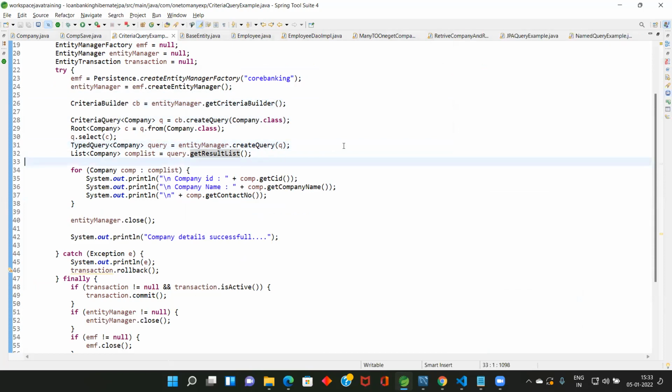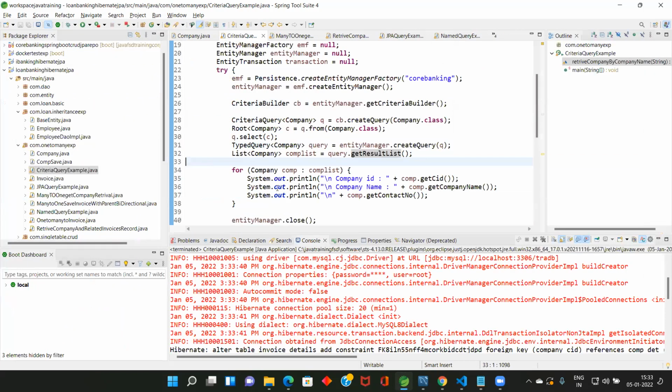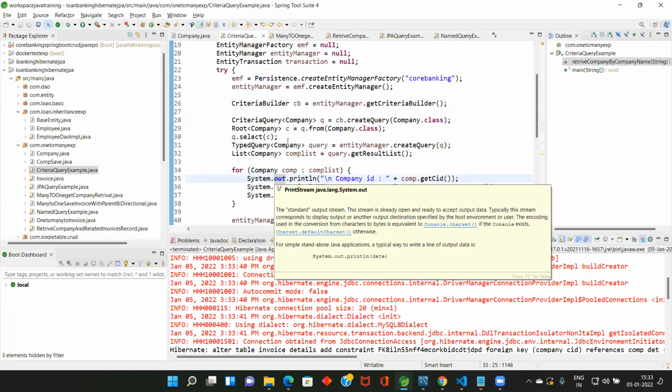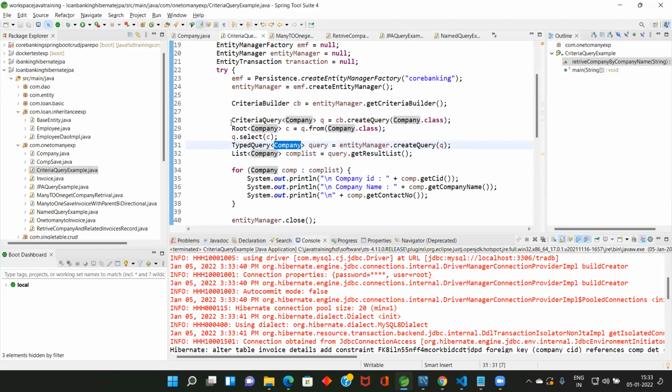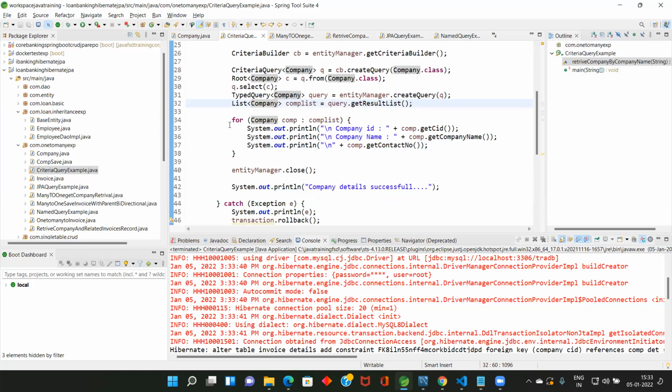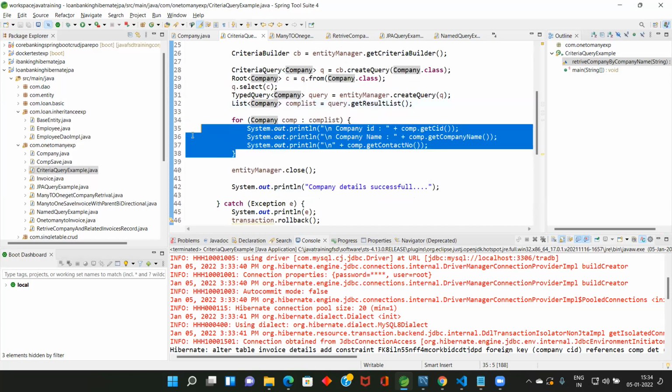What is a criteria query? Criteria is very, very important. You are going to learn criteria. Before that, you should have knowledge of SQL. SQL is very important. Anyway, I will ask who all know SQL. Based on that, I will plan another two or three hours of session for SQL so that everyone will be on the same page.